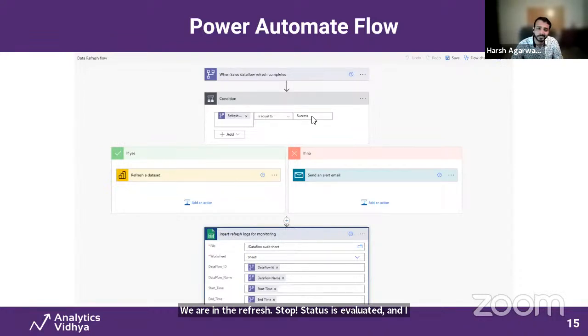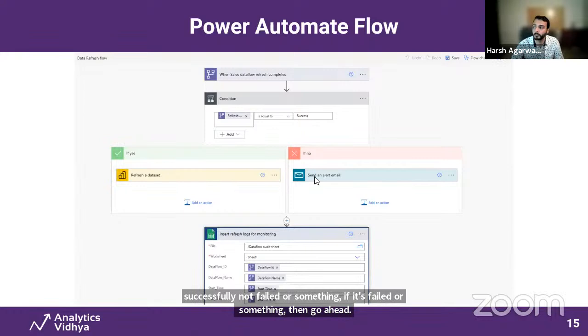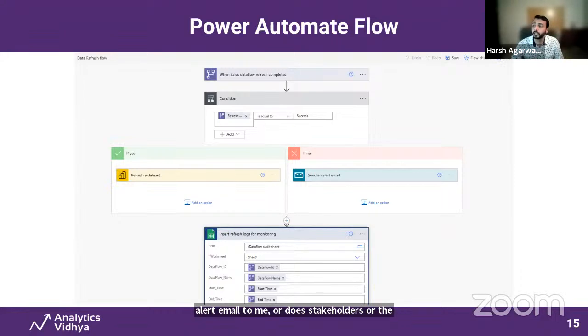If it's equal to success, then and only then go ahead and refresh my dataset, whichever is connected and using this dataflow as a data source. So once I confirm that this dataflow has refreshed successfully, not failed, then go ahead. If it's failed, it will say no, it's not success. Then it will send an alert email to me, the stakeholders or the developer, whomsoever is responsible to look into that. An alert email will be triggered